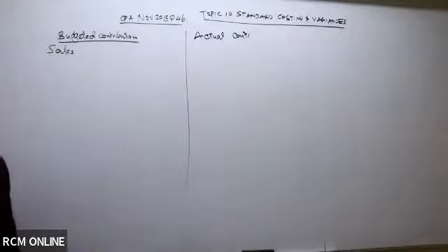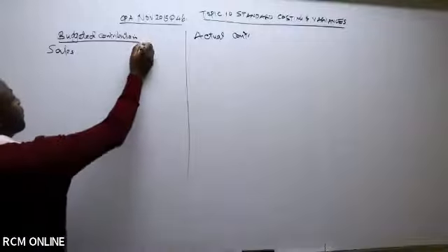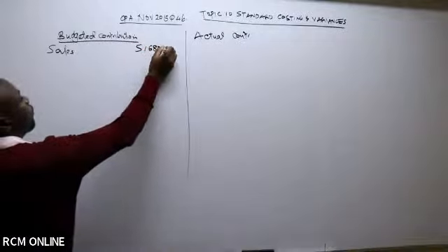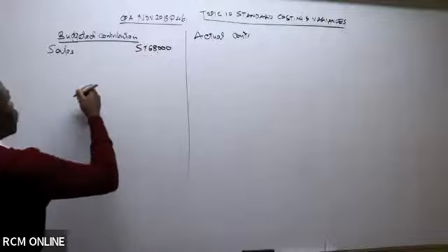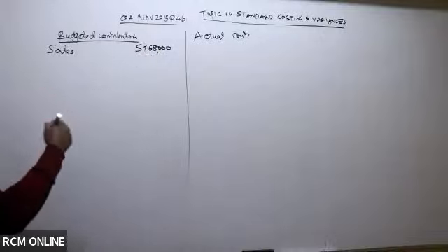What do we have? 5,168,000. Good. Then from the sales, we need to less variable production cost so that we get what we call contribution,